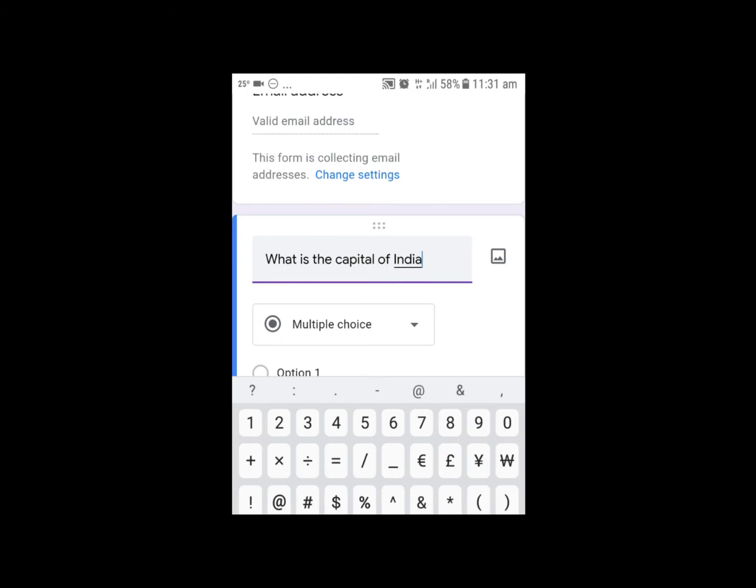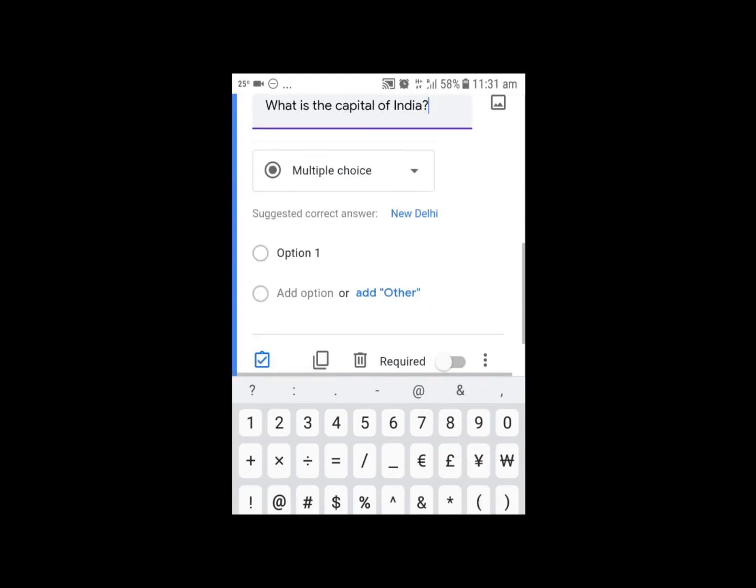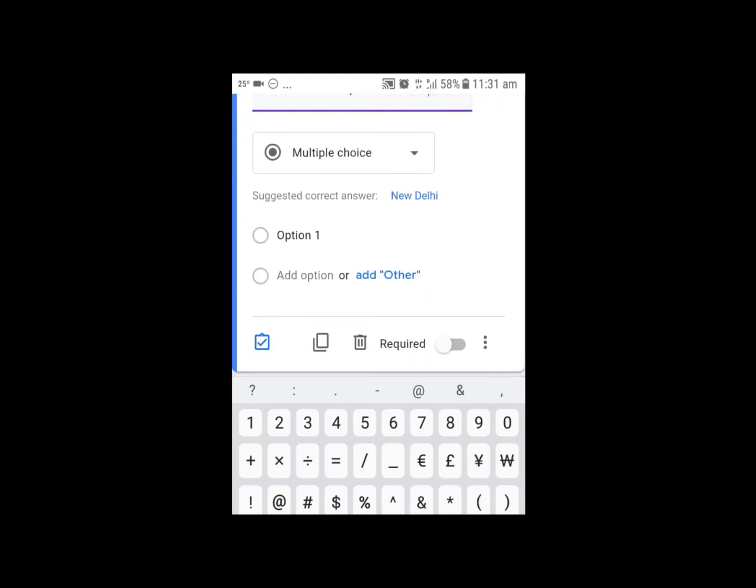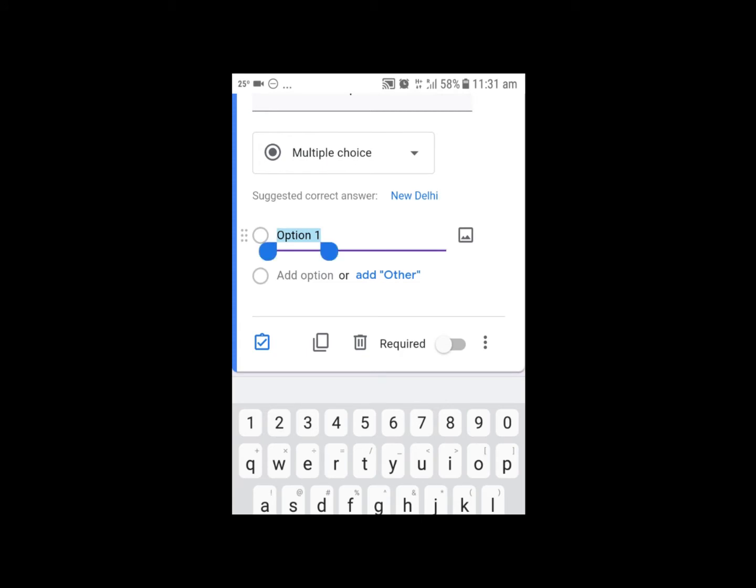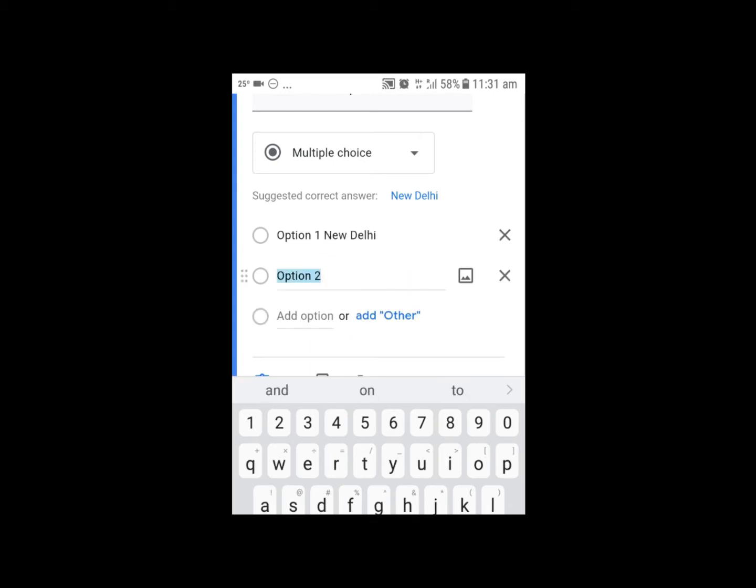I set it using a mobile phone only in Google Forms. Let me give the first option: New Delhi. And let me give the second option also. I will give the second option for this question as Bangalore.